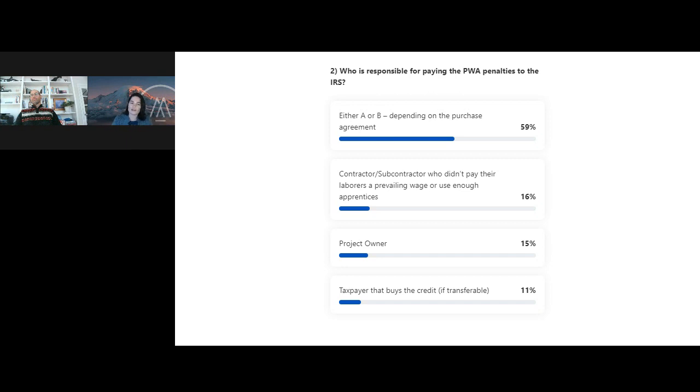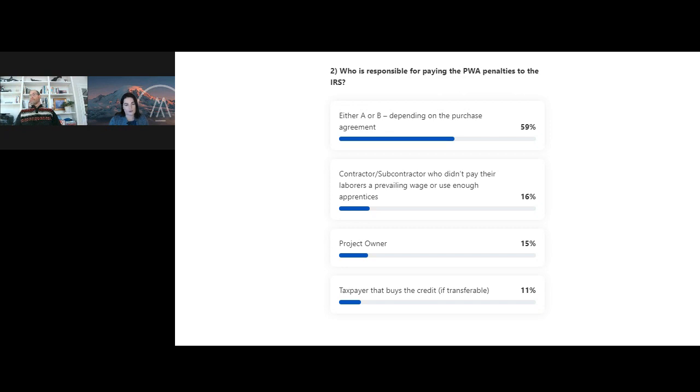Okay, so I think the trick in this question was to the IRS, because there certainly could be a trickle down of liability through contracts. So the answer is actually the project owner, so the original taxpayer who is performing these activities, engaging in this project that qualifies for the IRA credit. They are responsible for paying the penalties. If ultimately they sell their credit, because many of these credits are transferable, the buyer is not liable for the penalties. However, if those penalties are not paid, they may not have a